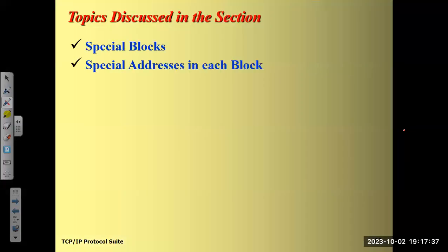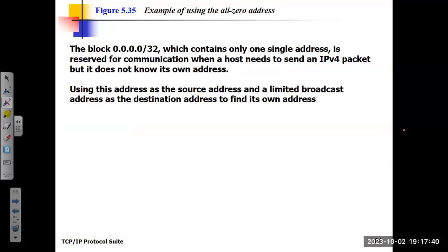Okay. There is something called the special IP addresses. Let's go over it. So there are a few IP addresses you cannot assign to a device. Those are reserved. The first IP address, what do they call it? It's using all zeros. So if the address is 0.0.0.0, it contains only one single address, reserved for communication when the host needs to send an IP packet but does